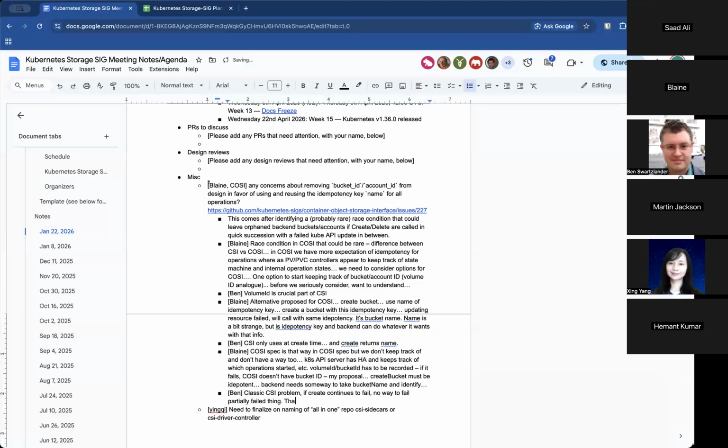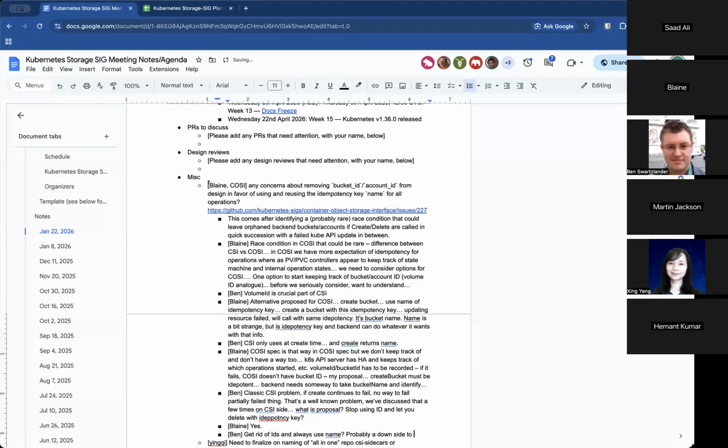That's a well-known problem, and we've discussed that a few times on the CSI side. So what is the proposal? Is it stop using the ID and just let you delete with the idempotency key and not the ID? Yeah, that is the proposal. But is the proposal to get rid of IDs altogether and always use the name? Yes. Okay. I feel like there's probably a downside to that, but I can't think of it off the top of my head.